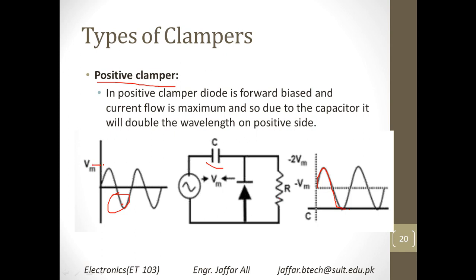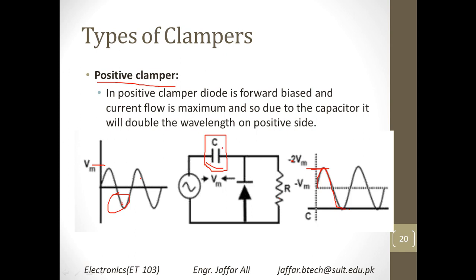The Vm has become 2 Vm, and in the output, you see that this negative has been taken to the next positive, and the cycle goes on. So you have increased the level of the input voltage, and we have basically added the DC portion over here by using simply a capacitor in a clipper circuit. And how does this capacitor work?